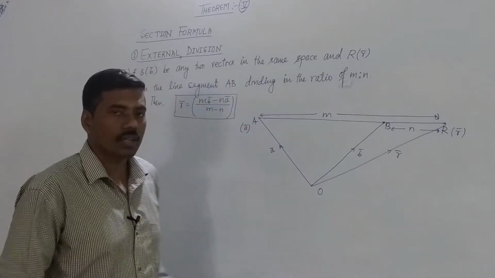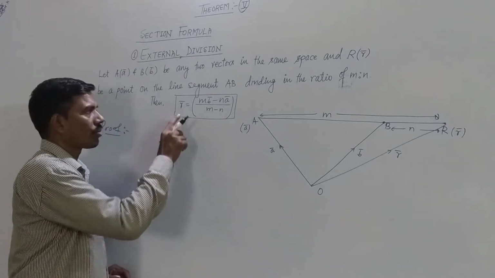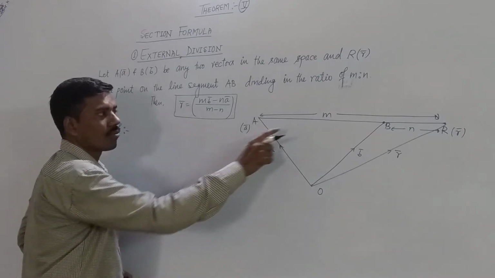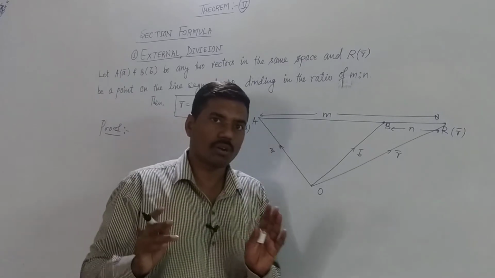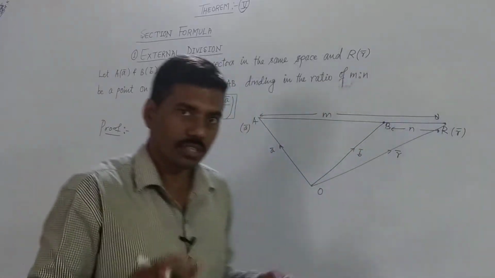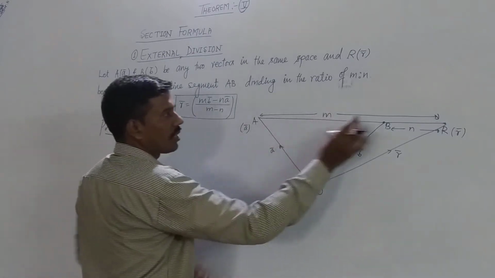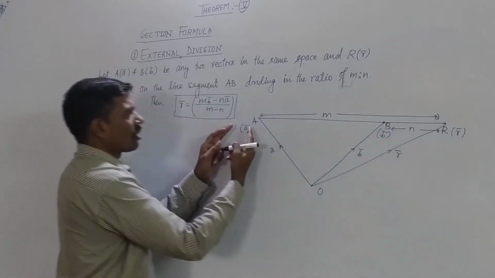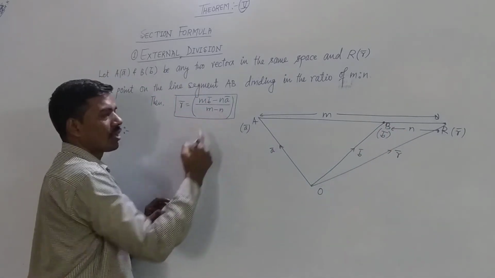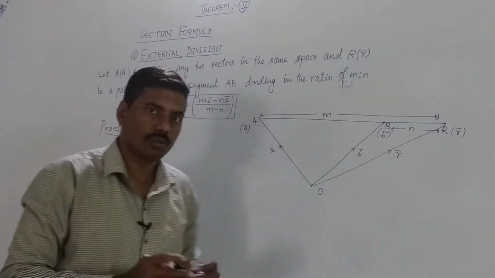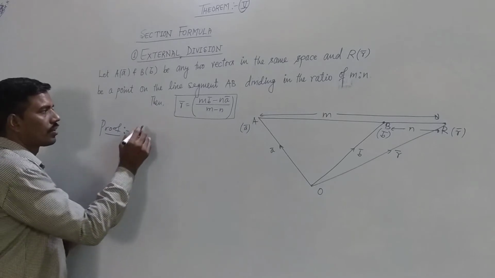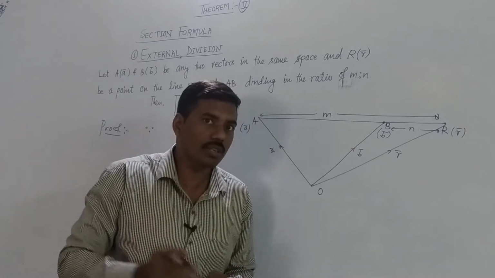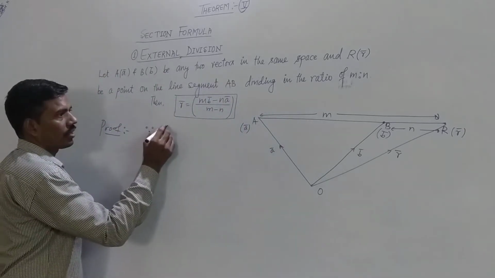Then the position vector of point R in terms of the ratio m and n is given as vector r is equal to m into vector b minus n into vector a upon m minus n. Okay, so let us prove this result. Since point R divides the given line segment AB externally in the ratio of m is to n, we can write it as